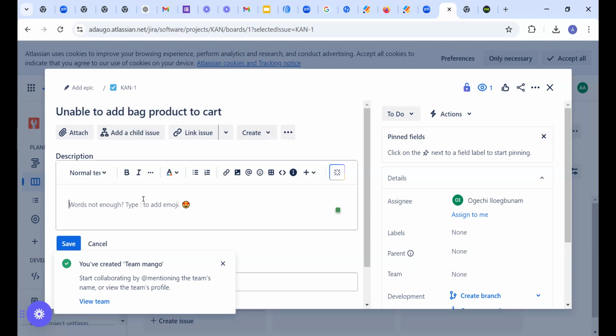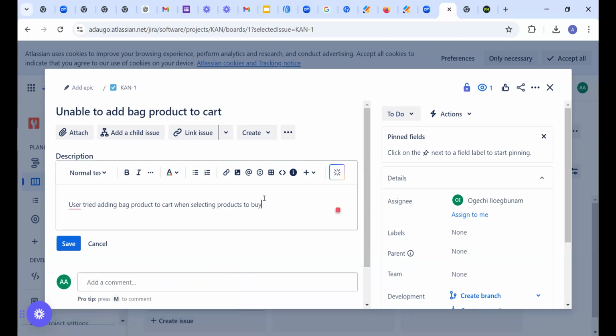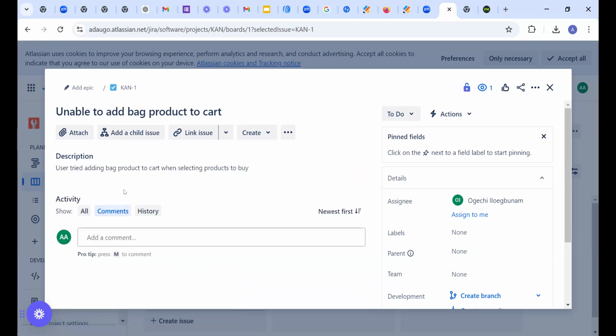So description. User tried adding bag to carts when selecting products to buy. Product selecting page. Yeah. So you can also put the actual and the expected result in this description too. So, okay, this one has already gone live,